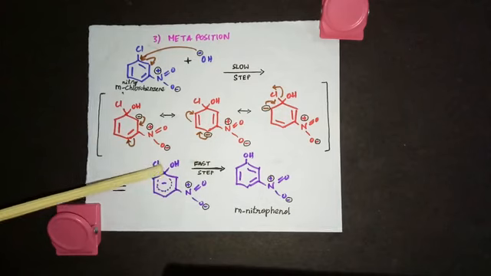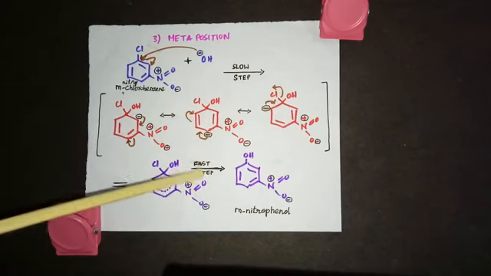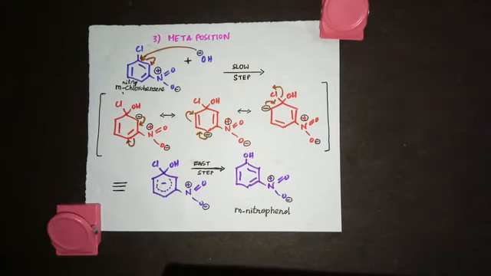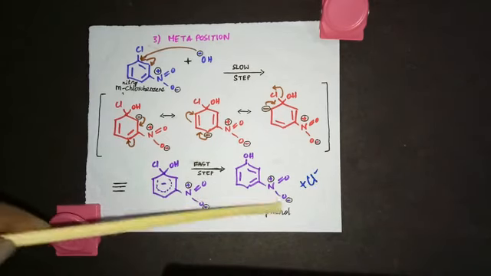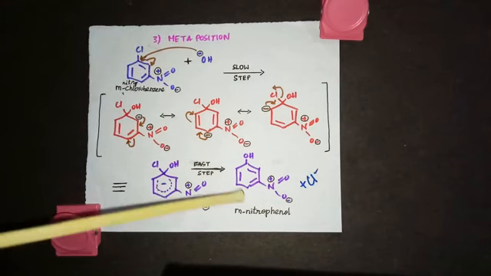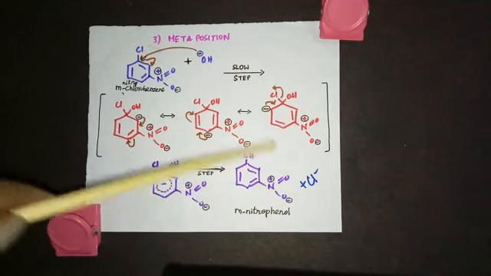Now see, you have a Cl, an OH and this NO2 at the meta position. Now the fast step where Cl will go out as Cl minus. Let me write that. And this is metanitrophenol. So you started with metanitrochlorobenzene and this Cl is replaced by OH and you're getting metanitrophenol.